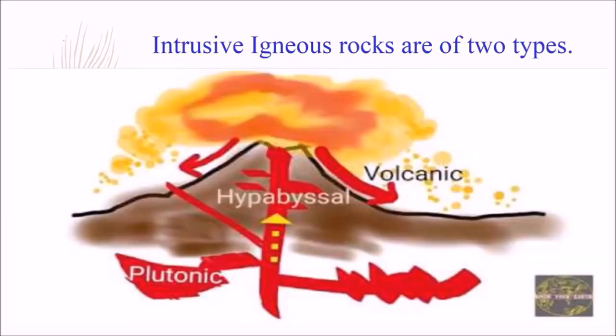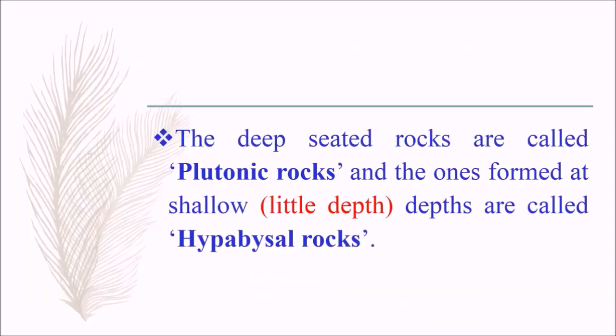Intrusive igneous rocks are of two types. The first one is plutonic rocks and the second one is hyperbasal rocks. The deep-seated rocks are called plutonic rocks. The rocks which are formed at the shallow depth are called hyperbasal rocks. Here shallow means which is not deep like plutonic. So the deep-seated rocks are called plutonic rocks and the ones formed at shallow, meaning little depth, are called hyperbasal